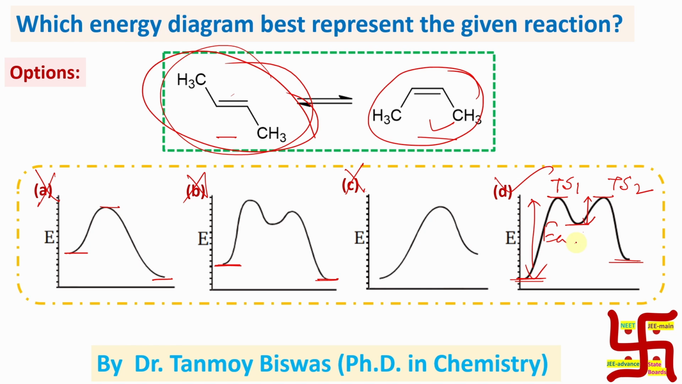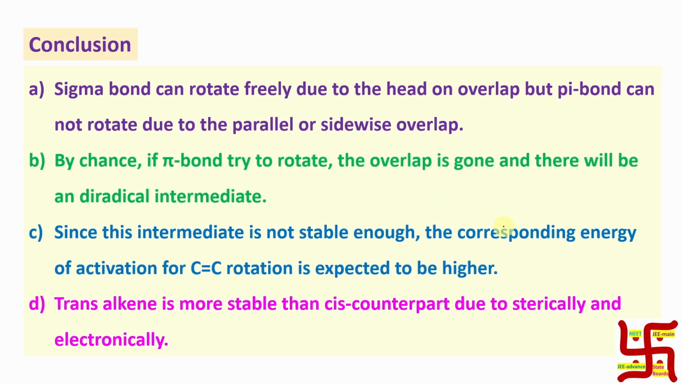Okay, so if you get this question in your exam, in less than 30 seconds, how could you solve it? You need to remember this is a two-step process, so options A and C are gone. Another thing, you can clearly see that the reactant is more stable, so this is the right answer. Very easy. Now in conclusion, what you have learned is that a sigma bond can rotate freely due to head-on overlap, but